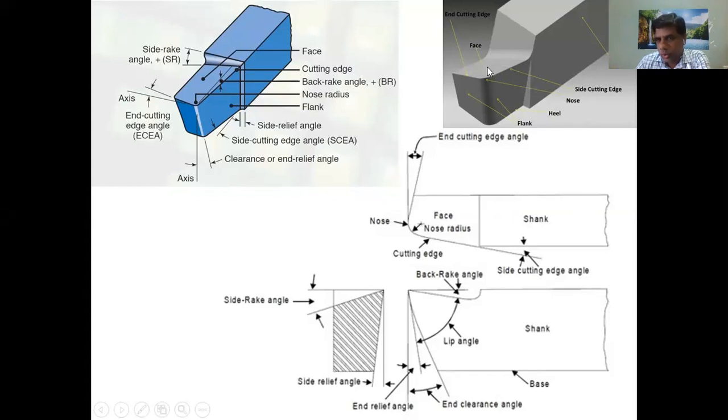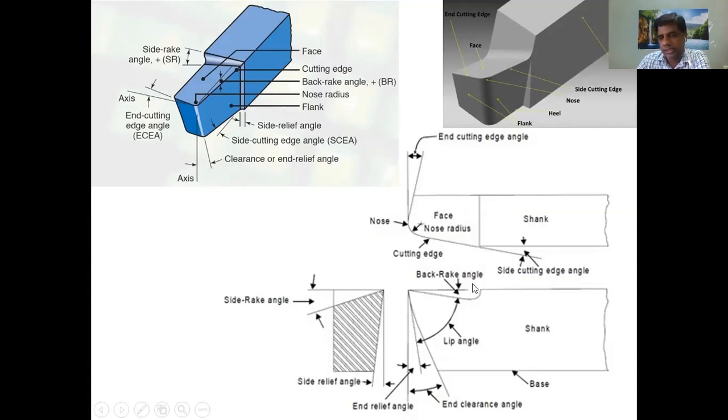This face of the tool, we do not keep parallel to your base, right? The base is parallel because it is a flat surface, but here it is not a flat surface. We give some kind of inclination so that the chip which is coming can easily flow over it. For this, we need to have the inclination in both directions, not only in the horizontal plane. It is inclined with the horizontal plane as well as with the vertical plane.